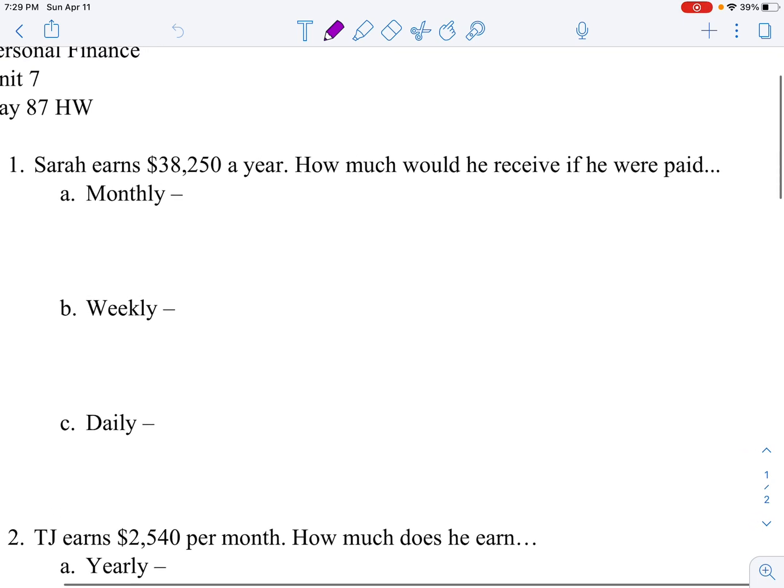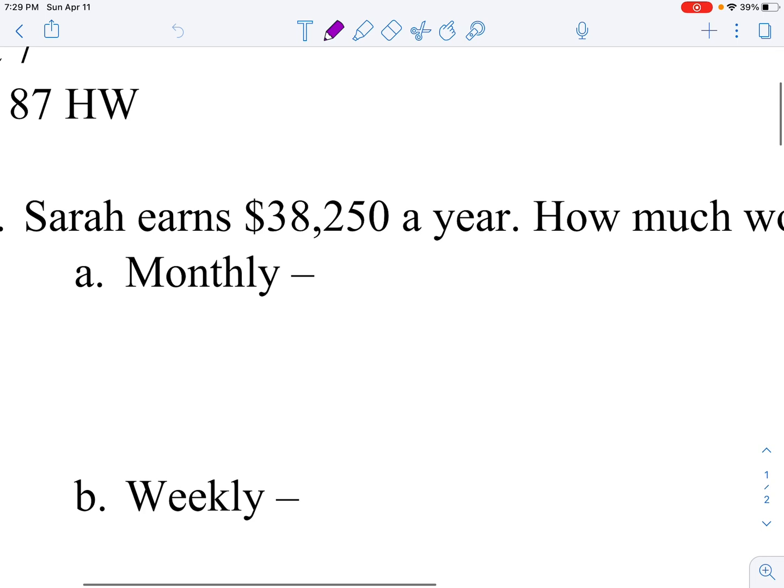So if we start with number 1, it says Sarah earns $38,250 a year. How much would she receive if she were paid monthly, weekly, and daily. So if we're going to start with monthly, we need to keep in mind that Sarah earns this amount a year. So we're starting with a yearly amount, and now we want to get to a monthly amount. So what we practiced all day today was if we go from yearly to monthly,